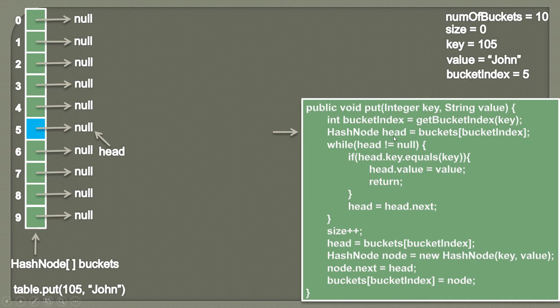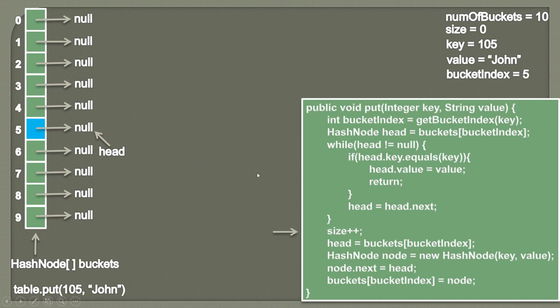Why we need this head is because in this while loop, at this particular index there could be a possibility that there are many nodes. So in this while loop we are checking whether the key is already present or not. Here you can see as head is pointing to null, it means that this key value pair is not present. So we exit from the while loop,